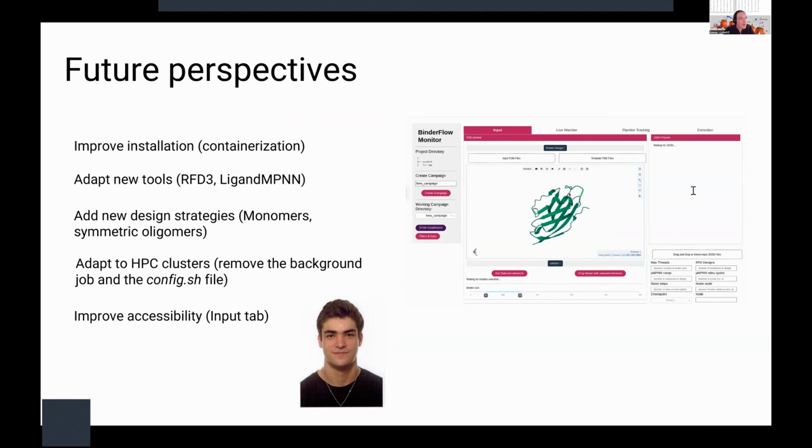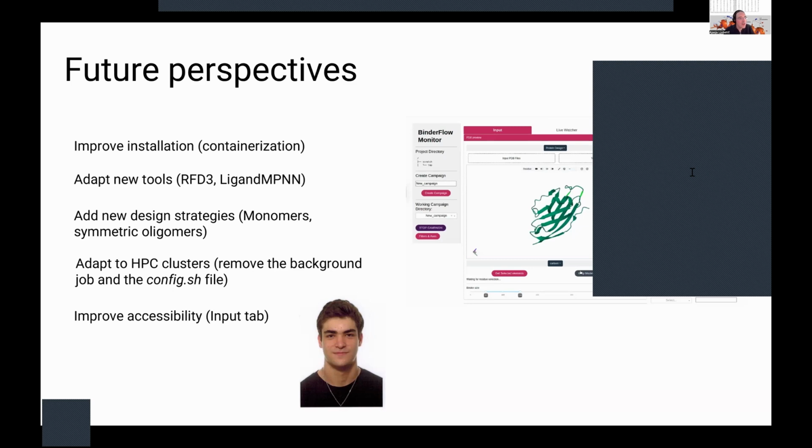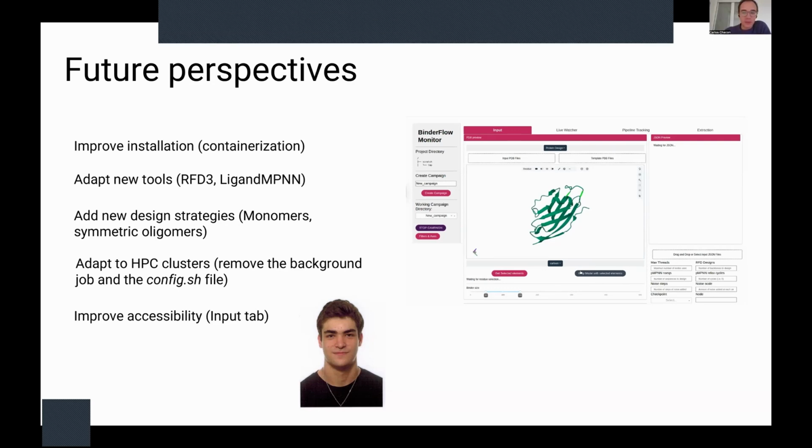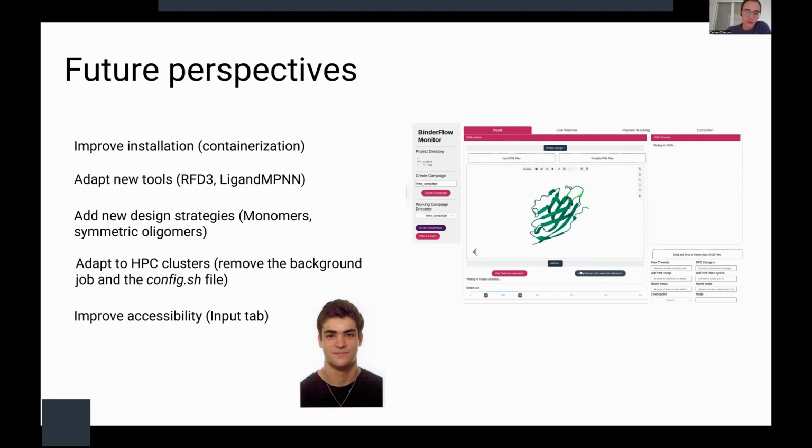Are there any other questions? Well, I think this is all from science. If there are no more questions, maybe one more: how open are you to pull requests? We're very open. If someone wants to contribute to the GitHub, I forgot to put the link, which is something that always happens to me. But it's on GitHub and you can download it. If you want to contribute, we're very happy to